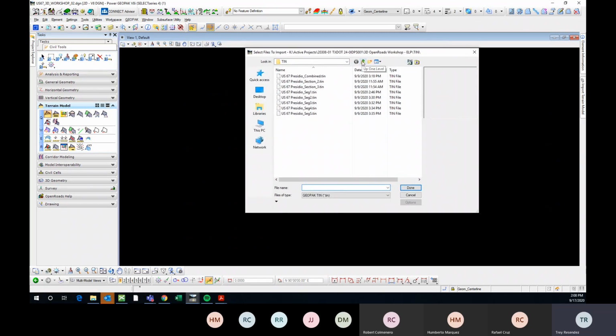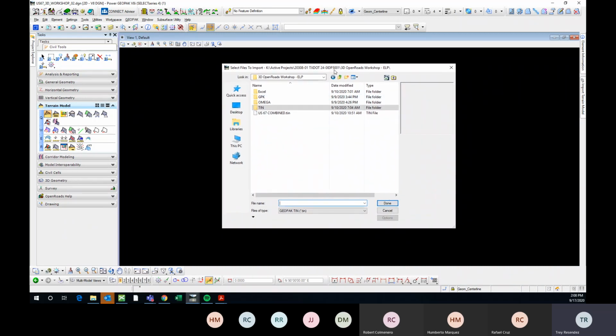Okay, so I guess we can get started now. I remember when I was doing the complex terrain model, I told you that I was going to show you how to fix some problem areas in the terrain where it looks kind of weird. And I'm going to do that now. So I'm just going to bring in a terrain, and then I can show you exactly what I'm talking about. This is the combined terrain that we made last session. So I'm just going to bring this in,